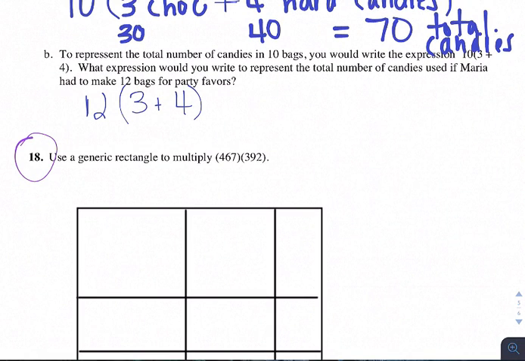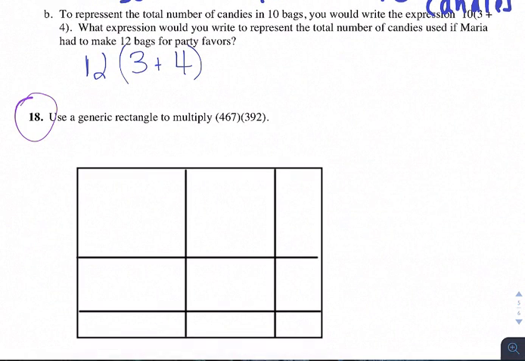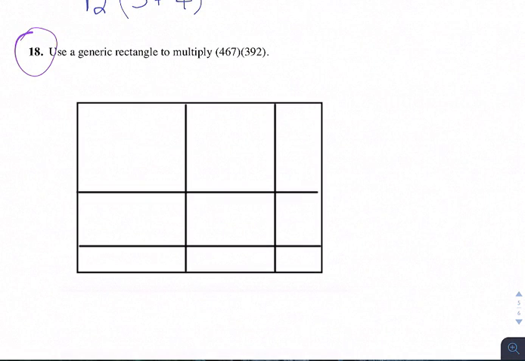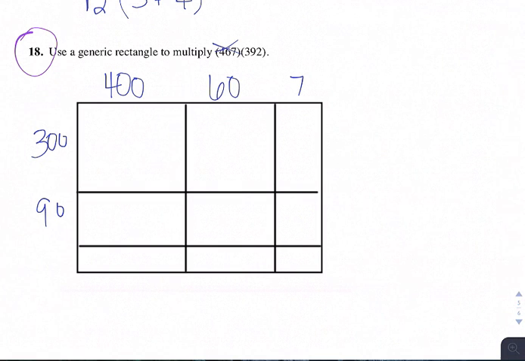All right, and the very last one, the generic rectangle. It's been a while, but we can still do these. I'm just going to help get them set up, and then you should be able to finish. So let's take 467 first. So the hundreds place, there's a 4, so that'd be 400 plus 60 plus 7. We're done with that one. And then our other number is 300 plus 90 plus 2. And then remember,